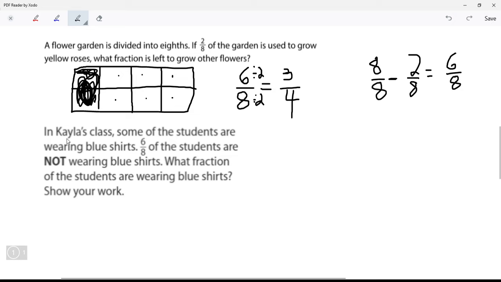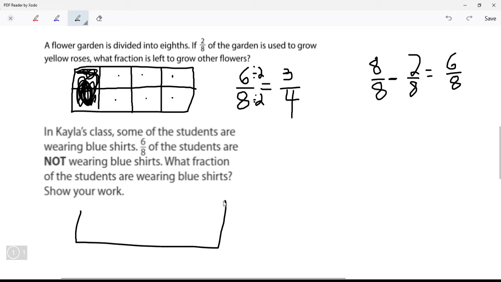Now, we can get on to this next question. In Kayla's class, some of the students are wearing blue shirts. 6/8 of the students are not wearing blue shirts. What fraction of the students are wearing blue shirts? Show your work. So this is